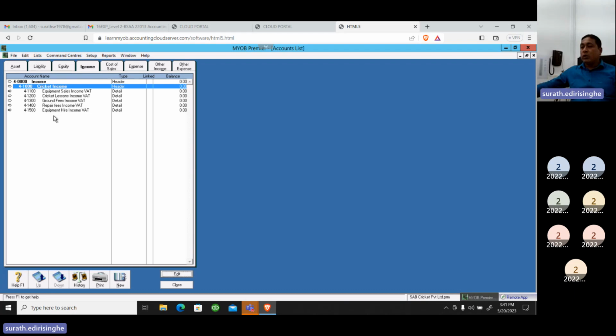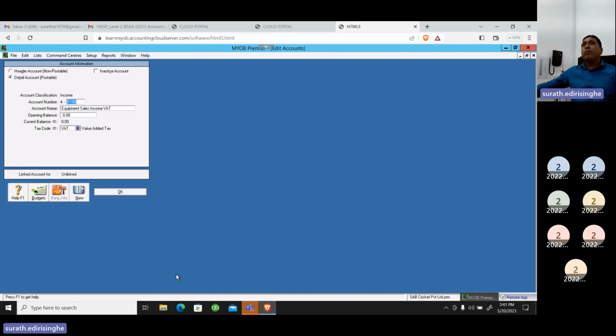Then under the 4,000, 1,100, equipment sale income. Equipment sale income. This is the VAT account. You're liable to pay on a VAT. Given the number 1,100, name it equipment sales income VAT account. Click on here,